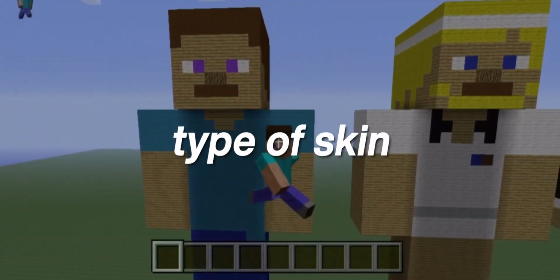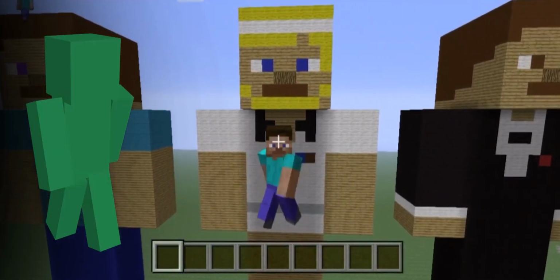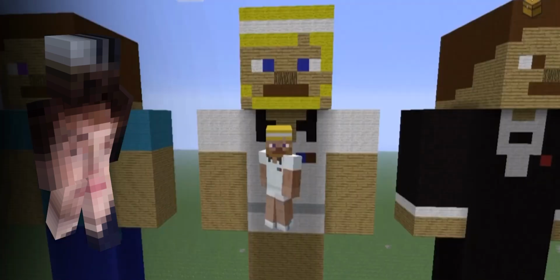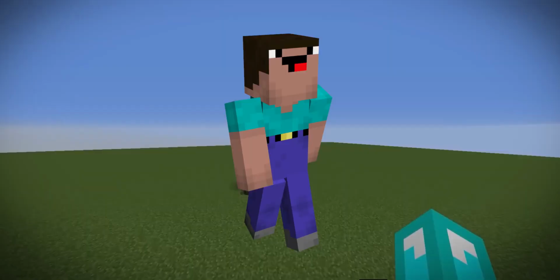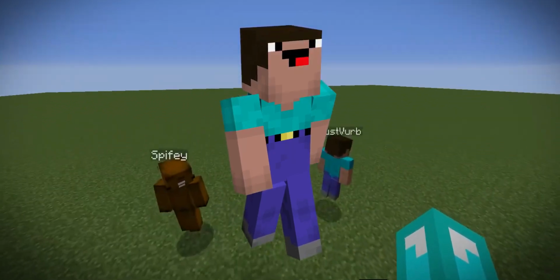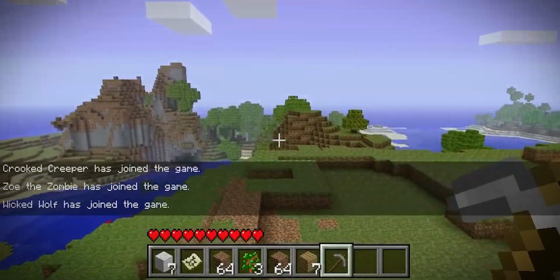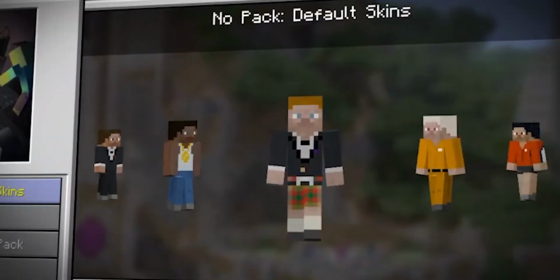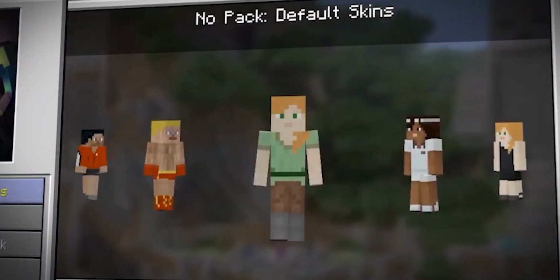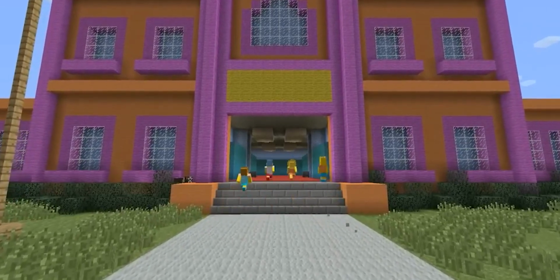But the more simple type of skin would be the pixel art skins. These were as simple as making the whole skin a single color or even having a pixel art drawing on the body of a Minecraft skin. Another popular style was to make a character derpy by changing the eyes and the mouth of a skin that already exists. But on the console side of the game, people also started to be able to change their skins with skin packs, which were added on July 13th of 2012. Many of these skins became iconic to any OG Minecraft players, but today, the skins on console edition look, interesting.